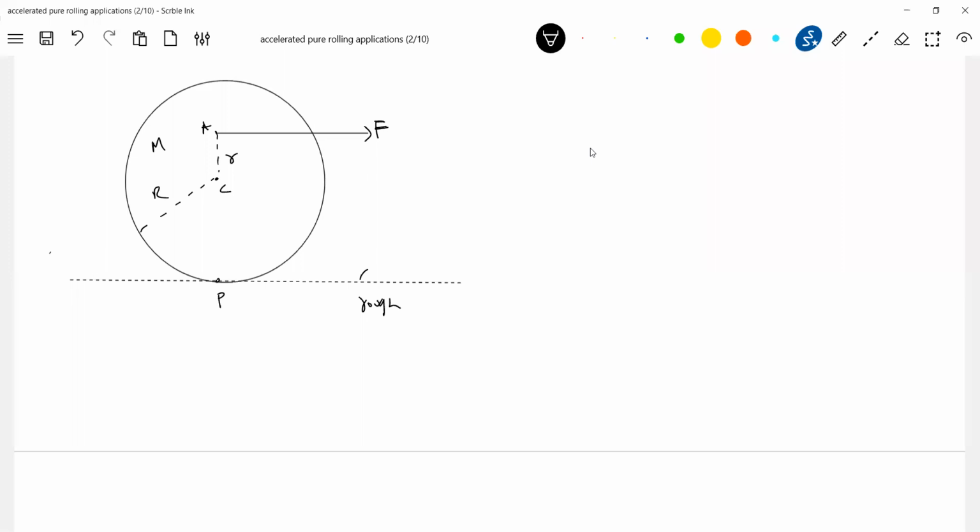The very first question a student asks himself: I apply force F. So when I apply force F, the center of mass will have translative motion, then all points should also have translative motion. So in what direction will the point P try to move? It will try to shift towards the right. Then friction should oppose relative motion, so friction will act backward.